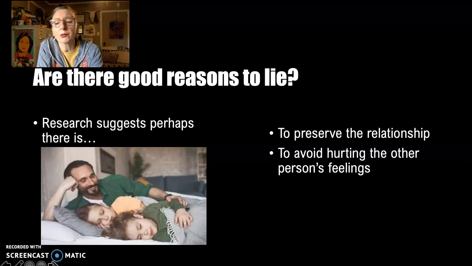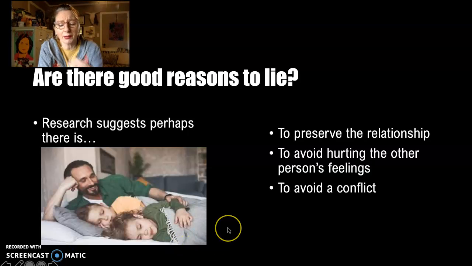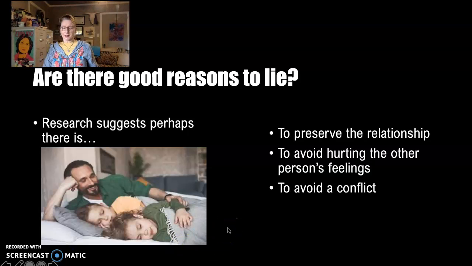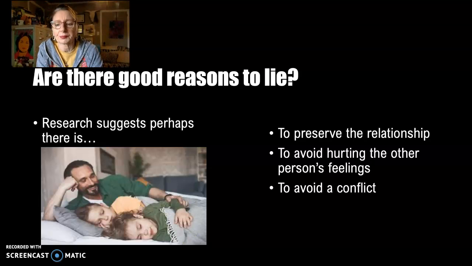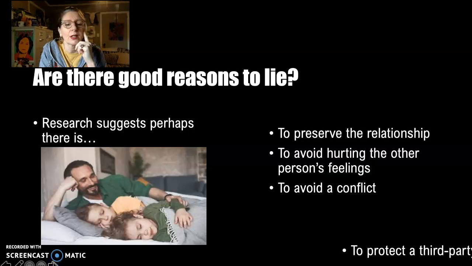To avoid hurting the other person's feelings, we just talked about that. To avoid a conflict, right? People lie to avoid conflict. I just gave you that example of the wife who says, how do I look in this dress? And he says, you look great. And maybe she doesn't really look that great. That's probably not a good dress for her. Then he doesn't want to have a conflict. He doesn't want her to say, why do you say that to me? Or whatever conflict he perceives there might be. Okay. And then finally,